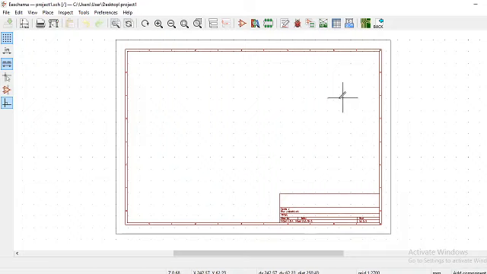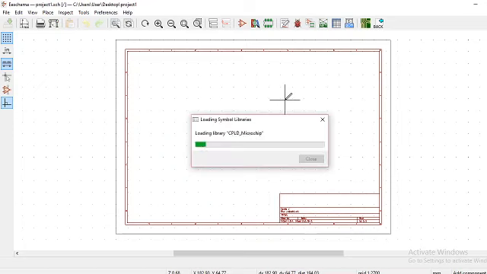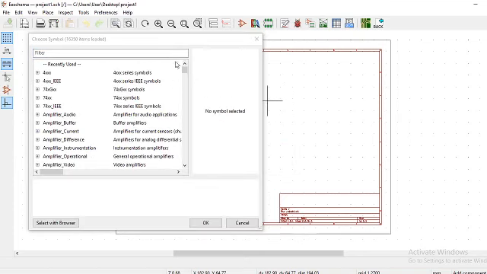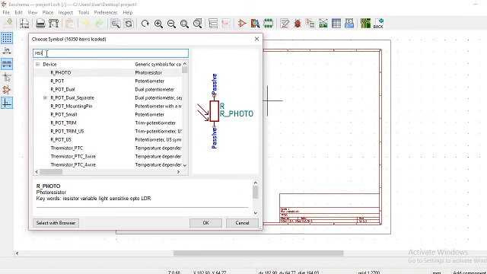Now the symbol selection window will open up. Now we will place a resistor in the EEschema window. In the name field of the component selection window, type resistor. It will show the search results.